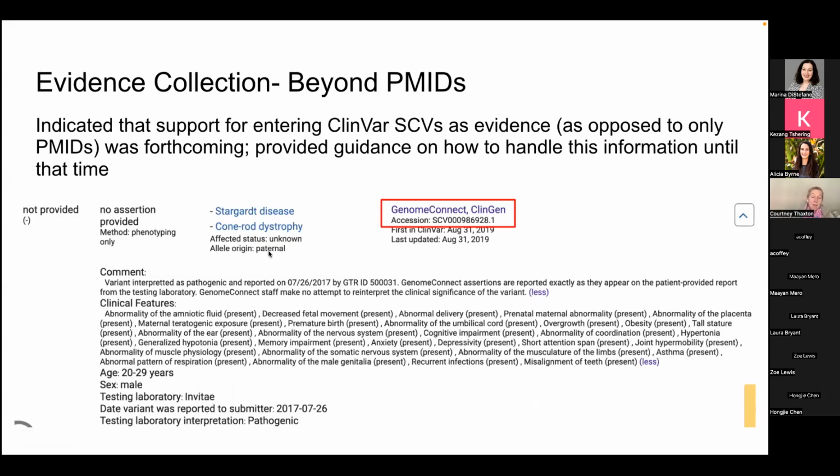So we do want to talk about an area in the SOP that we have brought a little bit of prospective language into, and that's evidence collection beyond PMIDs. As remarked on about the pre-publications, we really are listening to you all as users saying that you want to have different pieces of actual published information that's out there to be able to use for curations. And so we are indicating that support for entering especially ClinVar SCVs is on the future horizon to use as evidence, and that you would be able to enter in an SCV much like you do a PMID